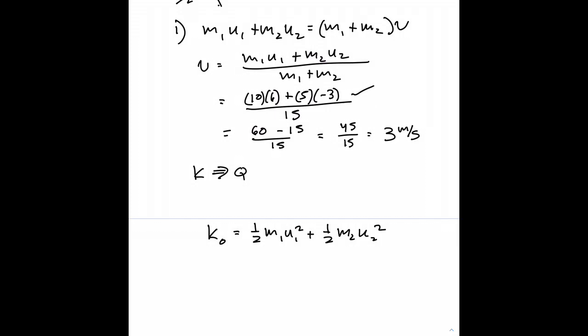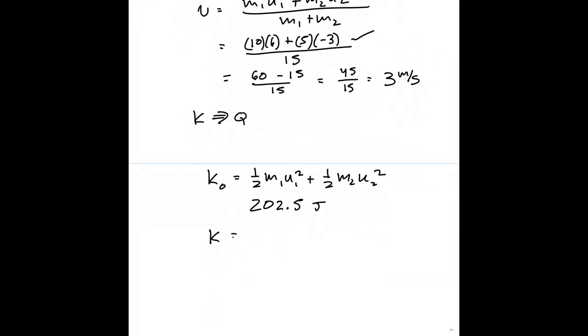Okay, so you should have found that the kinetic energy is 202.5 joules. And let's compare that to the final kinetic energy. So the final kinetic energy is 1/2 times their combined mass added together times the final velocity squared. So this is 1/2 times 15 times 3 squared. And again, hit pause, grab your calculator, see what you get. Okay, so hopefully you agree this comes out to